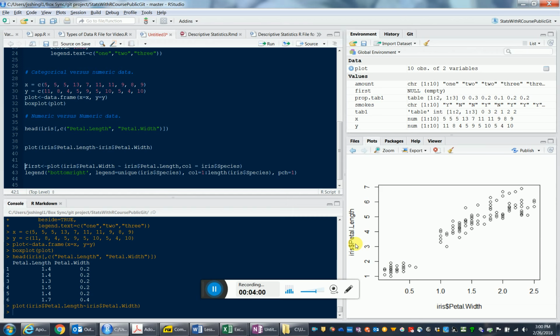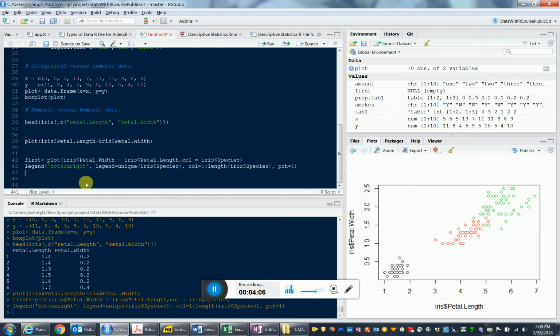Finally, if I want to get a set of the groups, right, I want to color the different groups. I also added a little bit of color to them. So I see that Virginica, the iris that are named Virginica, have the largest petal width and petal length, and the Setosa have the smallest width and